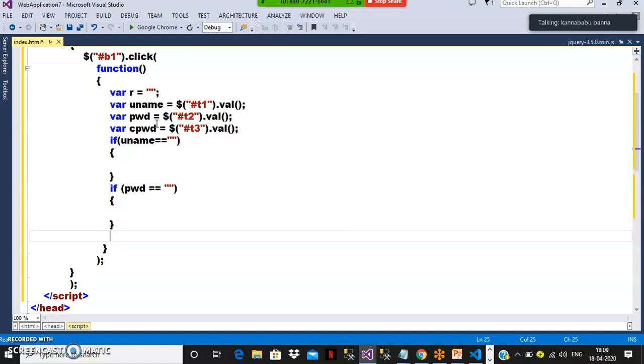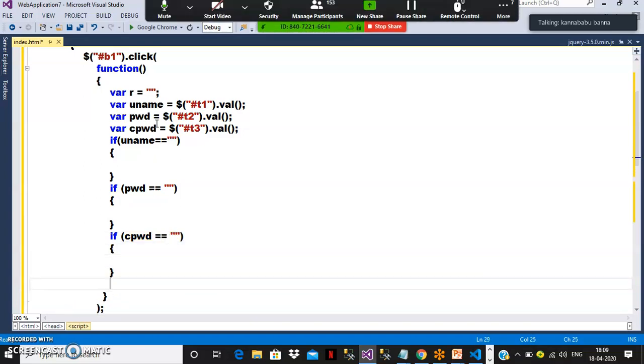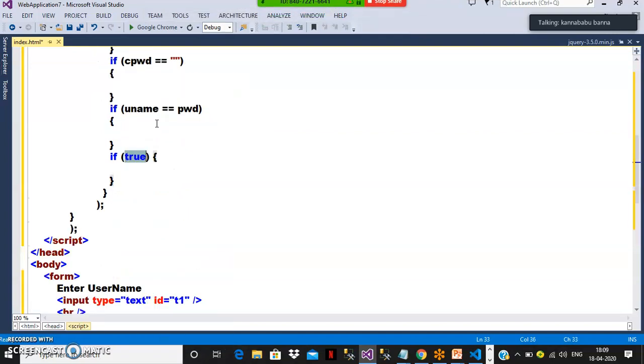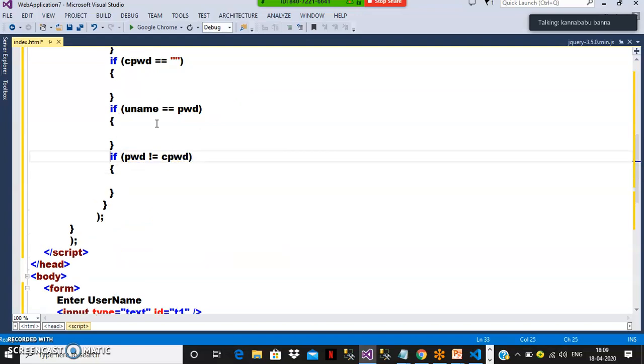Similarly, if cpwd is equal to empty, I want to display one error. Something like that you can write. Similarly, if uname double equal to pwd, then I want to display some error. Similarly, if pwd not equal to cpwd, then I want to display some error.